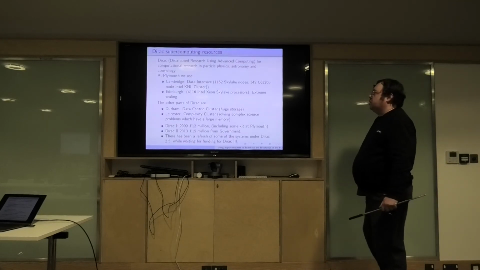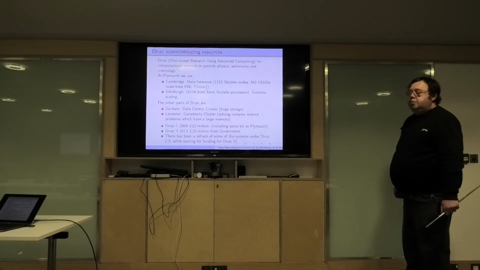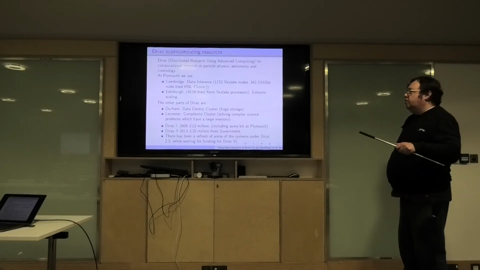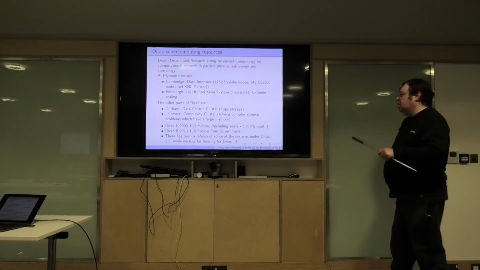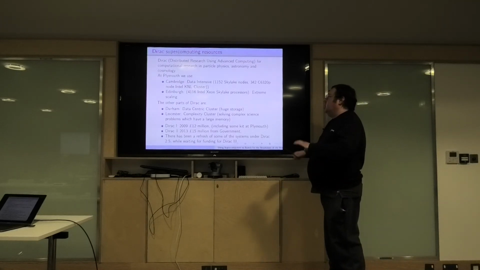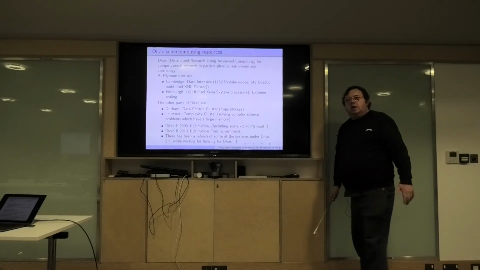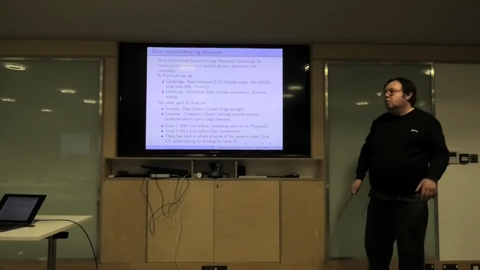In the UK, what we use for our big resource is something called DIRAC, Distributed Research Using Advanced Computing, and it's the computing for particle physics and astronomy. There are 4 main facilities: one in Cambridge, one in Edinburgh, and others in Durham and Leicester. I've actually used Durham a little bit under friendly use time. These have a lot more nodes, 11,000 nodes. Edinburgh is specially designed to do the really hardcore calculations of lattice QCD to generate these gauge ensembles.